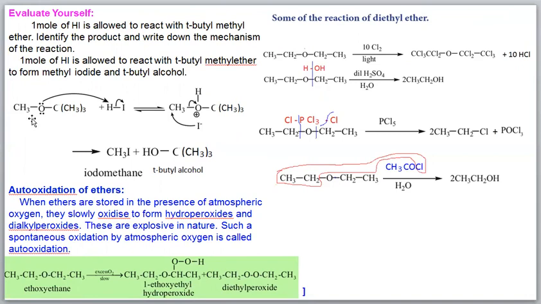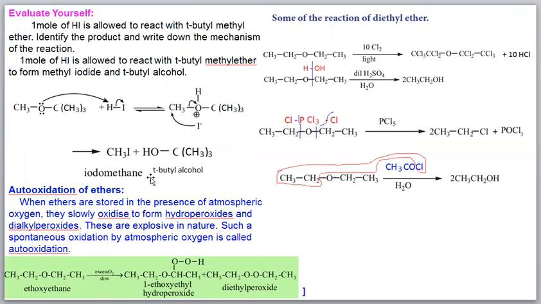And now what will happen? The H-I bond is cleaved, and the electron pair goes to iodine. The oxygen gives an electron pair to H plus and makes a bond like this. So this iodide now attacks the methyl group, not the tertiary butyl group. It attacks the methyl group, so this bond is cleaved and the electron pair goes to oxygen. So we get tertiary butyl alcohol and methyl iodide.